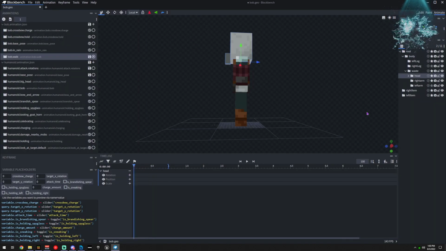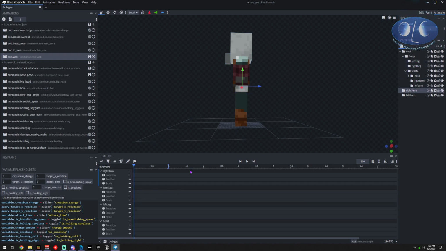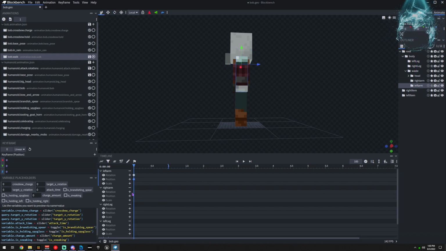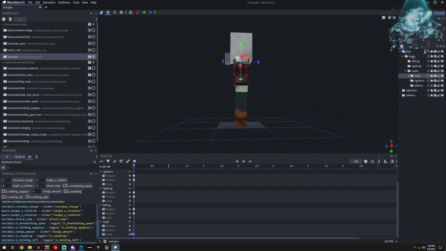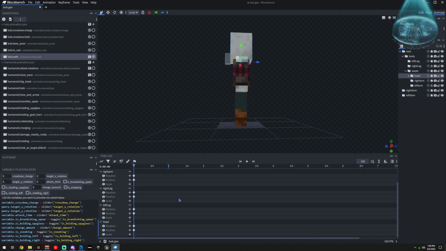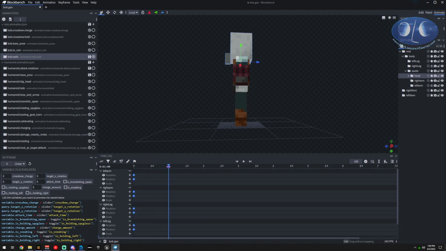So 1 second, we have left leg, right leg, not item, we want right arm, left arm. I would just put a new frame down for each of them, which is 0. That means it starts at nothing, and you can even put that at the end, so it starts at nothing and goes back to nothing. That's what you pretty much always want an animation to be.